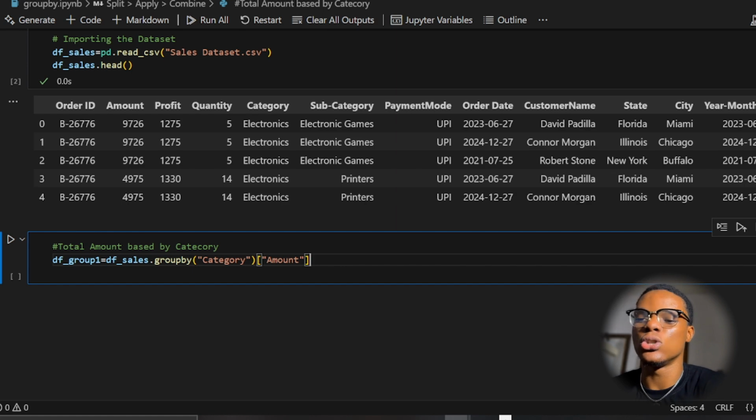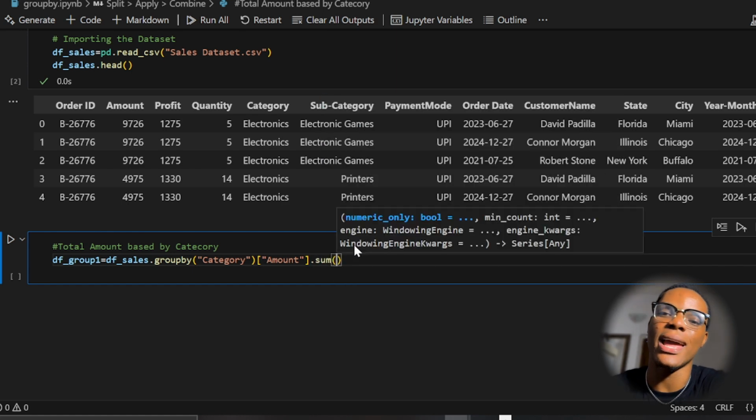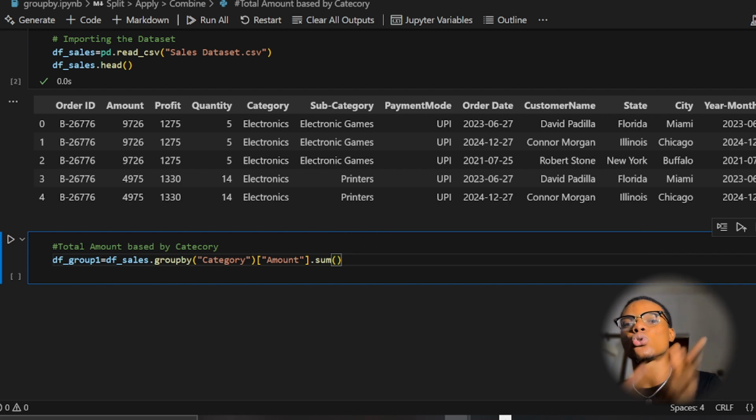Then the next thing is to add sum at the end. We have different aggregations that you can add. We have sum, mean, median, minimum, maximum. You can always find the STD, which is standard deviation, variance, and so on and so forth, right? So we are going to look for the sum, since they said the total amount